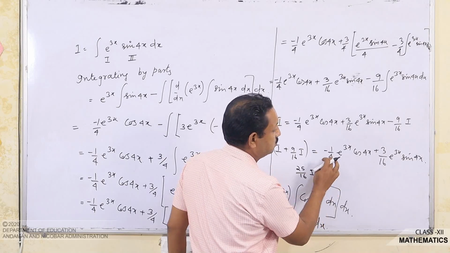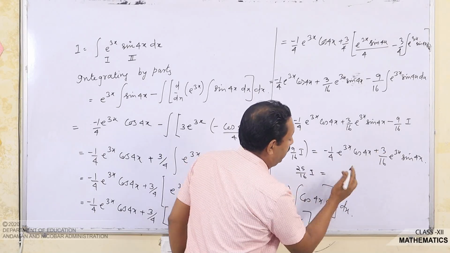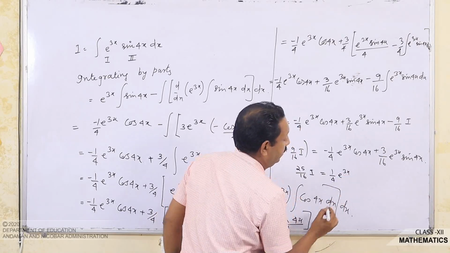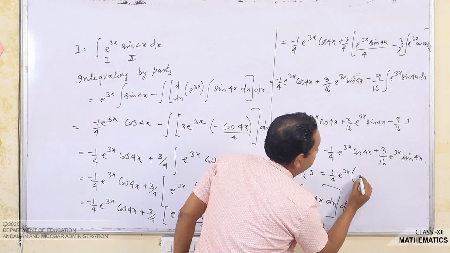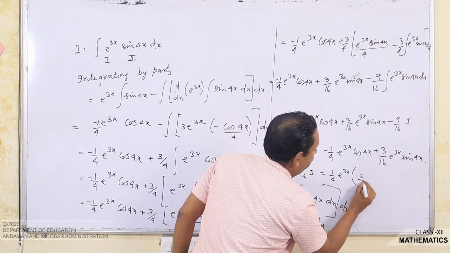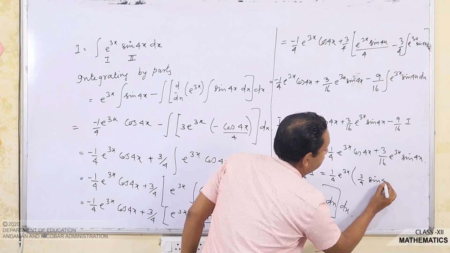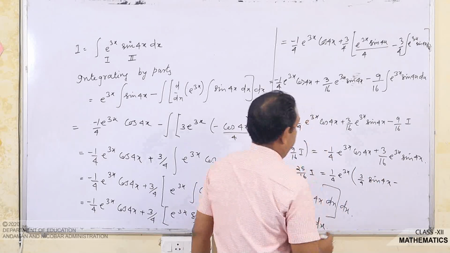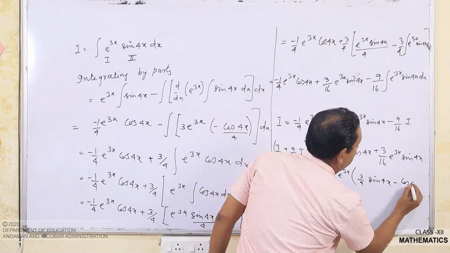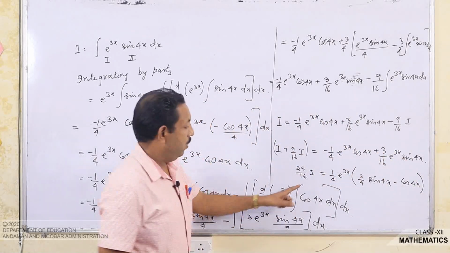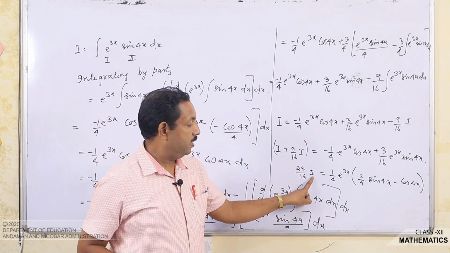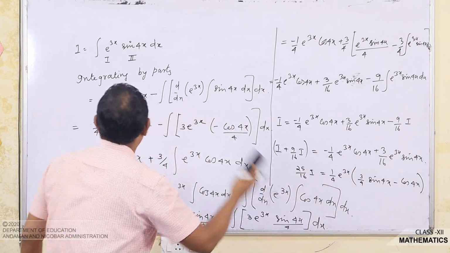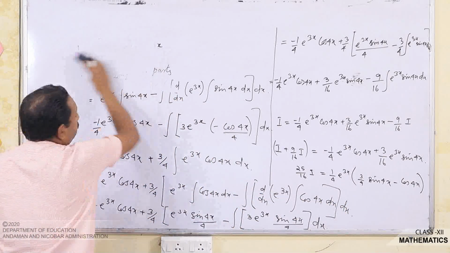1 by 4 common out, that means you can take this 1 by 4 common and e power 3x also common, and this is your 3 by 4 times of sin 4x and minus of cos 4x. Now, I multiply this and I get this I from here, and the final result will be something,